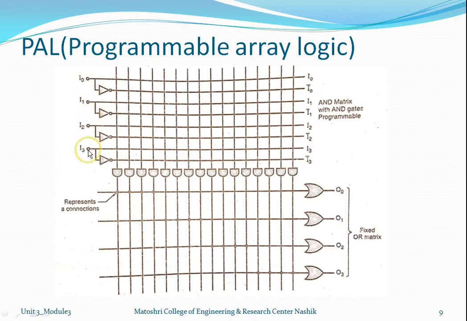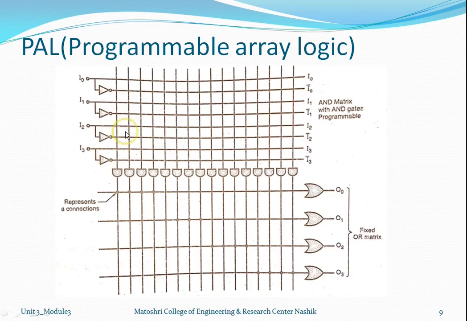these are the 8 horizontal lines available. So for the 4-bit input data, 8 horizontal lines are available, because the first line is the non-complemented form of the signal. If that signal is complemented, then it is followed by the second line. See here: I0 without complement, I0 not is the complemented form, I1 without complement, I1 not is the complemented form. So in this way, each and every input signal is available in the complemented as well as the non-complemented form.